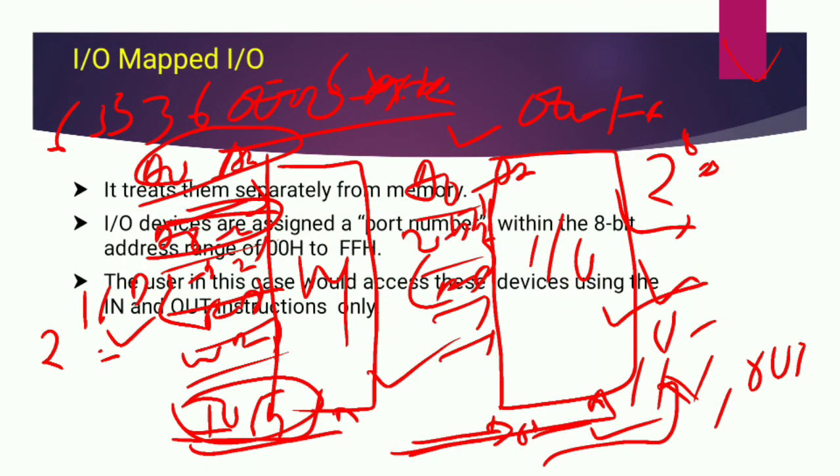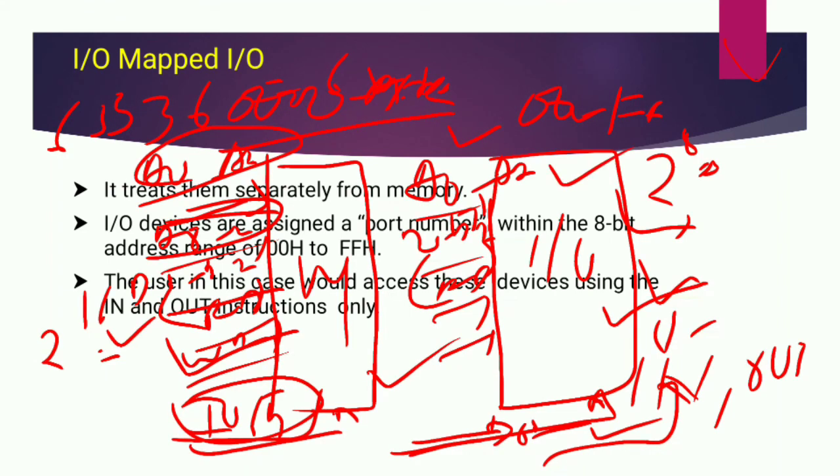A memory operation is executed in this manner. When a memory related instruction like LDA and STA is used, the microprocessor places the 16-bit address on the address bus. The microprocessor makes the IO/M bar low because the communication is with the memory. The microprocessor makes the read bar low for the read operation and the write bar low for the write operation.